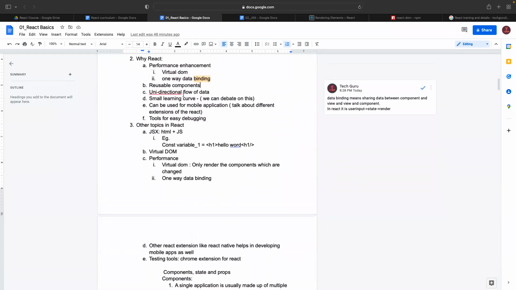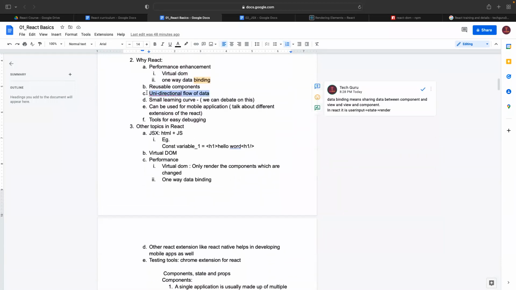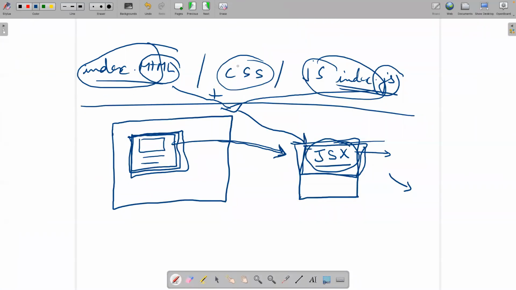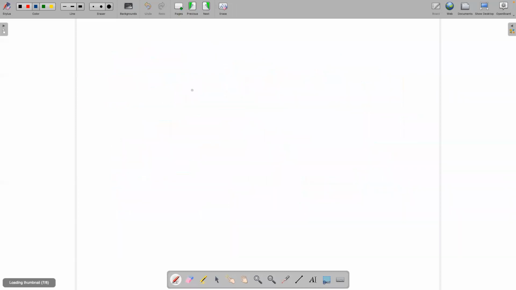Unidirectional flow of data. So this, I think we have left this. I will also touch upon this. So what exactly is unidirectional flow of data? So unidirectional flow of data is not one-way data binding. Unidirectional flow of data means in React, right? In React,